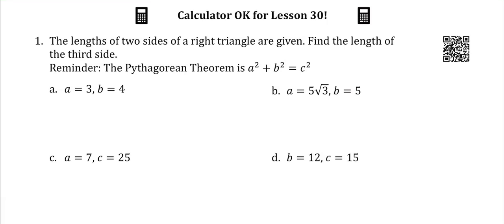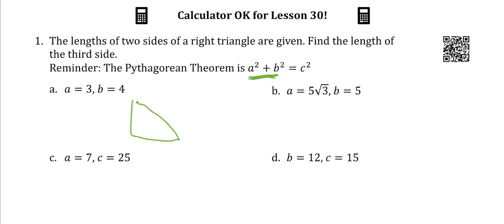Okay, let's do problem 1. So they say the lengths of two sides of a right triangle are given. Find the length of the third side. And they tell us the Pythagorean theorem, a squared plus b squared equals c squared. The important thing to know with the Pythagorean theorem, a squared and b squared are always the two legs of